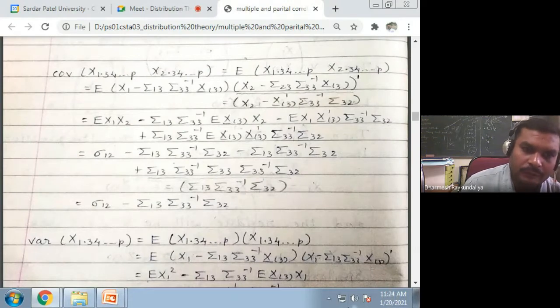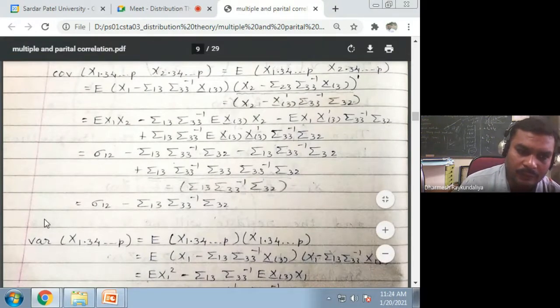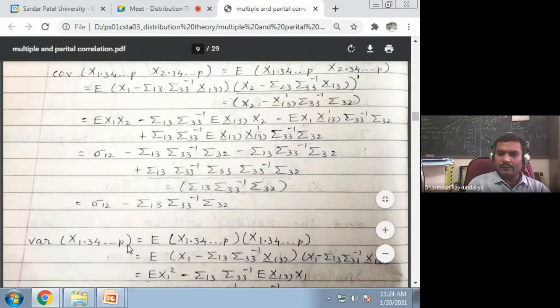So this is how we obtain the covariance. Now we wish to find the variance. So how to find the variance? Variance is nothing but expectation of x square minus expectation of x whole square. But in our setup, expectation of residue is 0. So now I have to find the expectation of this into this, so it is a square.